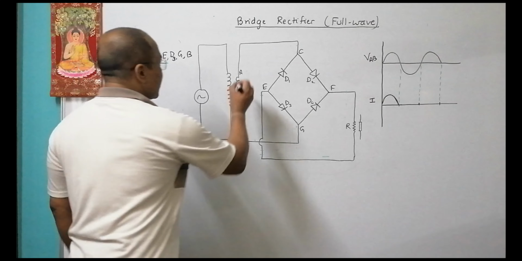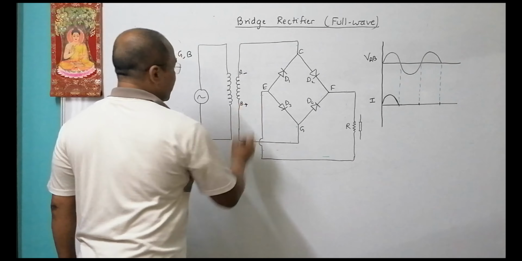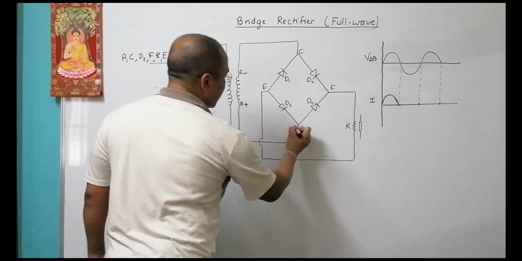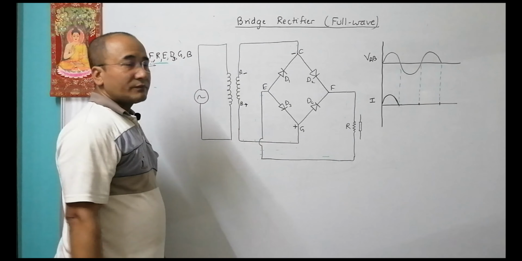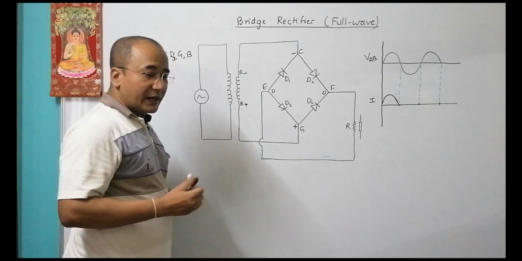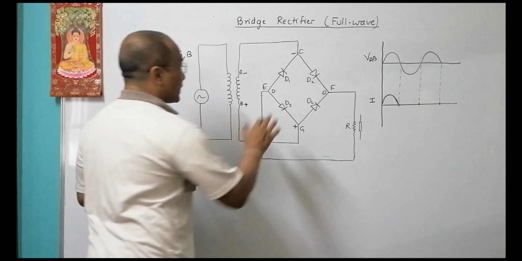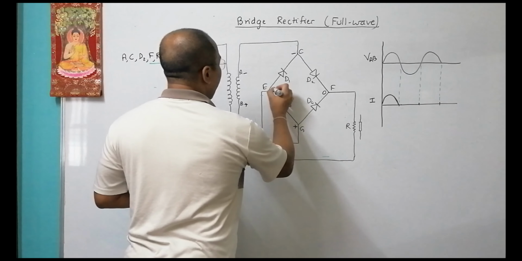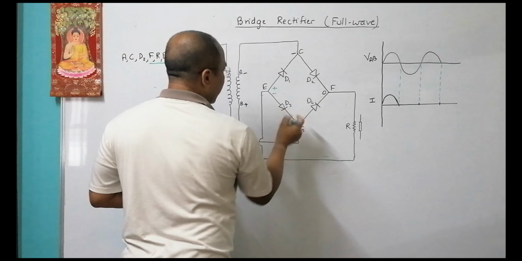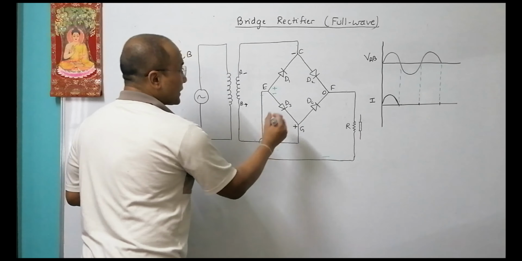Now, let's say this A becomes negative and this positive. So this will be positive and this will be negative. And this will be 0. Again the same logic. This 0 will act as negative for positive and positive for negative. So that's why it will act as positive for C, as positive for this, and a negative for this. So it will act as positive for this and negative for this. So again the same thing.